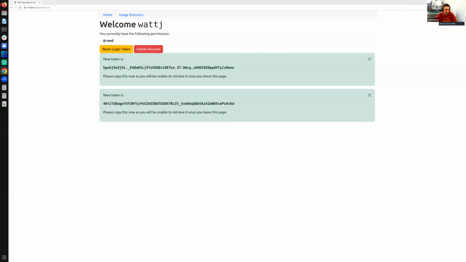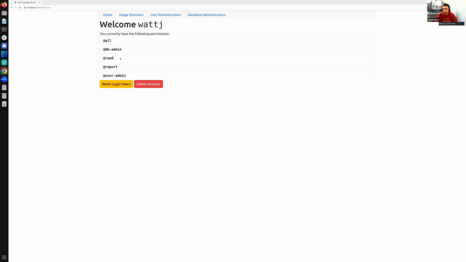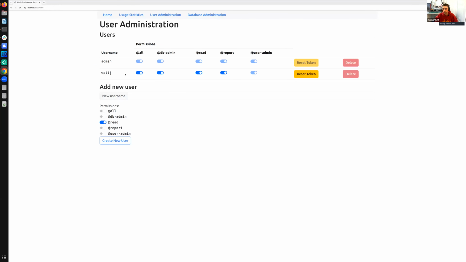So what I'm going to do here is run a command to give my user all admin permissions. The command I'm running is in the slides if you want to download it. I'm not going to show it on screen because it just wouldn't make sense. Okay, so now I'm going to refresh this page, and now you'll see I have a whole bunch more permissions that I've got here. And so now I can go into this user administration tab, and I can create